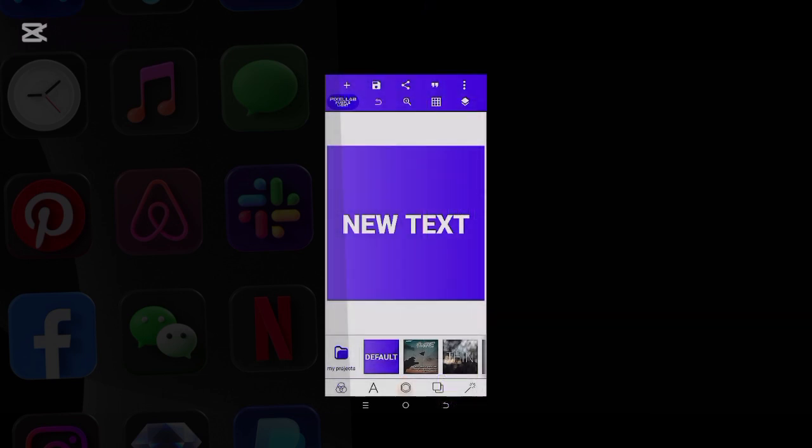Under here you can see the text icon. This is the text icon. This is it, the text icon. So when you click on the text icon, it pops up and you start editing your text. This is it. The plus icon allows you to add new text, while the post icons allow you to add